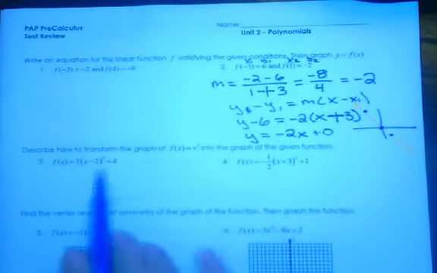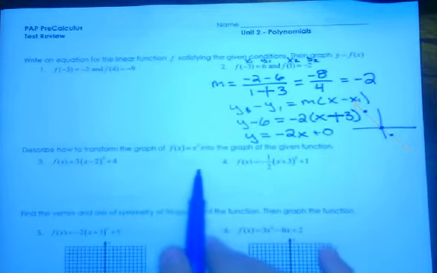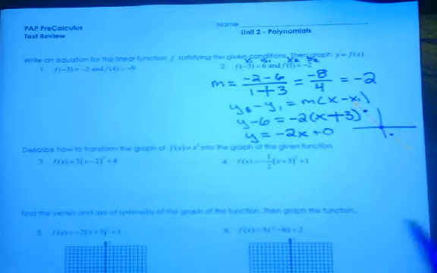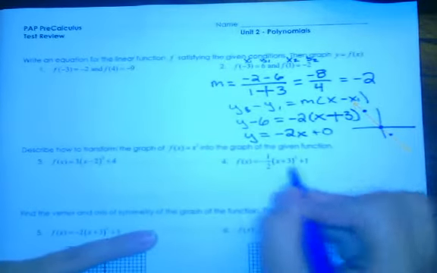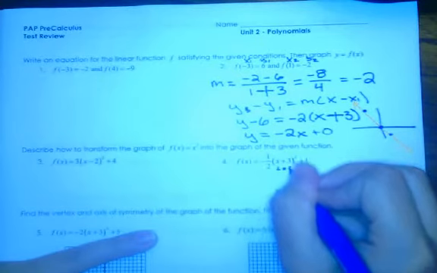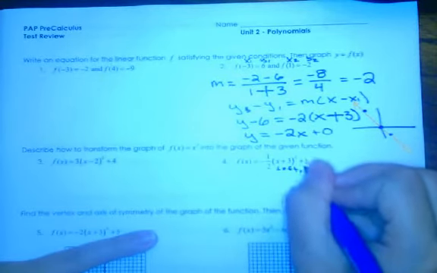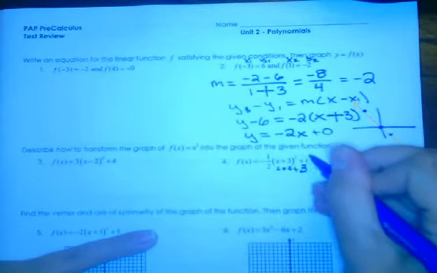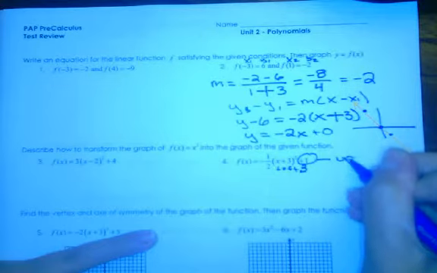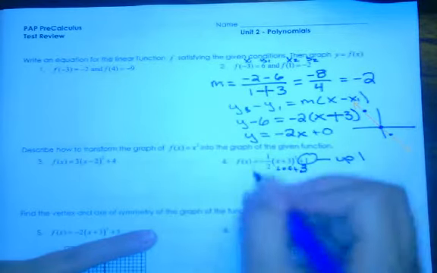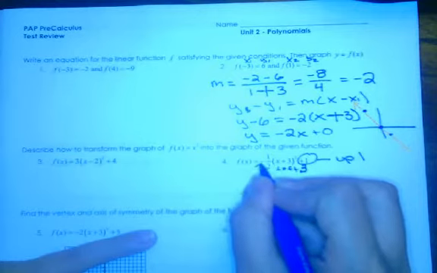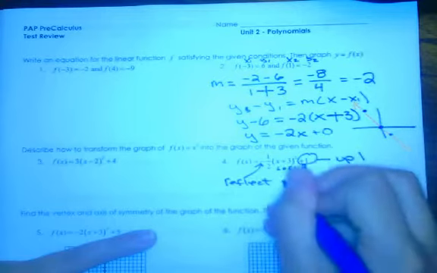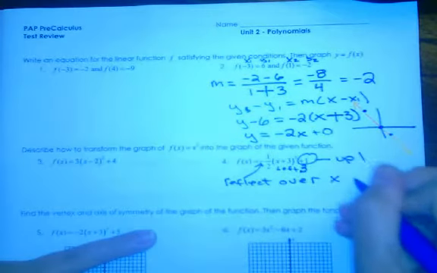Okay, next it says describe how to transform the graph f of x equals x squared into the graph of the given function. So it's just asking me for that list of transformations. So here, remember the inside, this tells me that you're going to the left 3 units. So I'll say left 3. This plus 1, that tells me that we're going up 1 unit. And then the negative, okay, that negative tells me that there's a reflection over the x-axis,